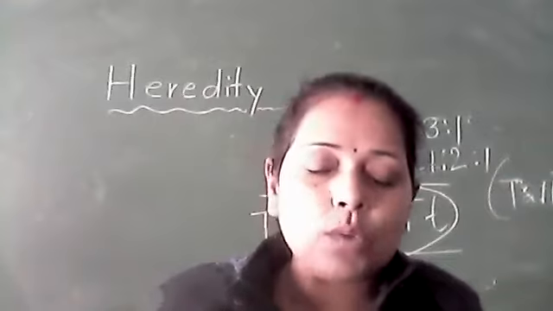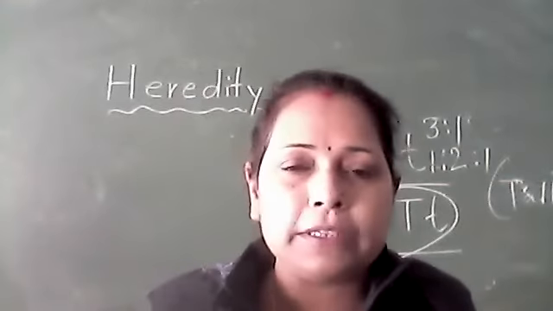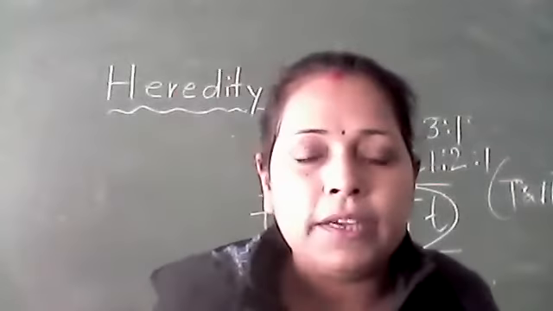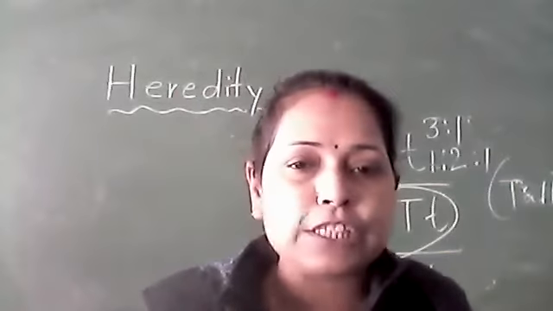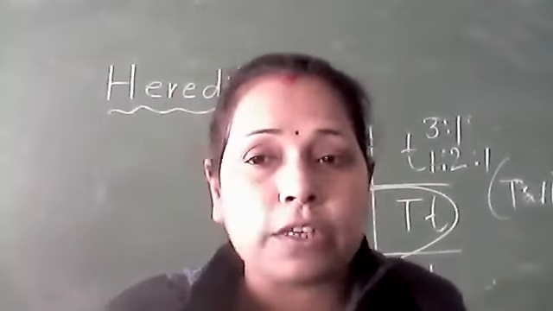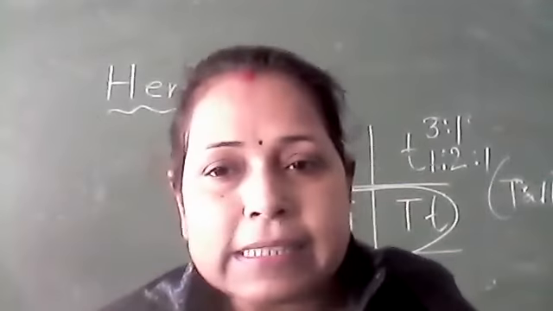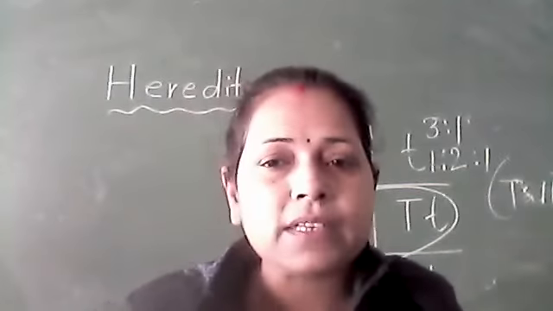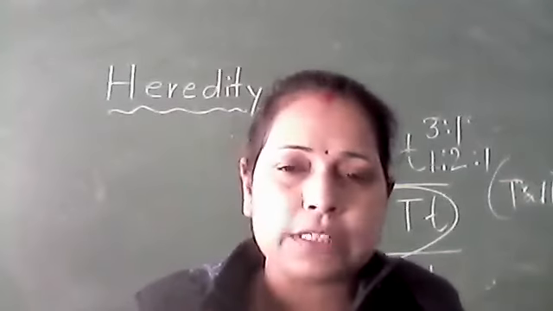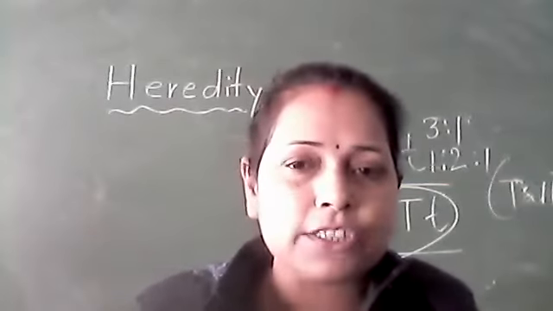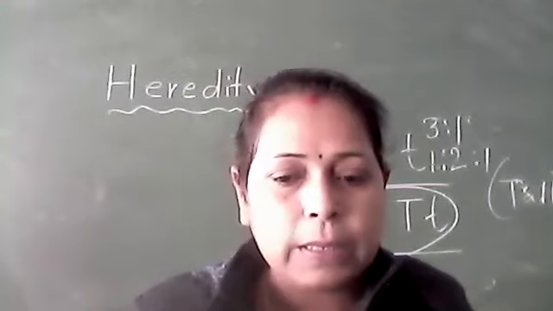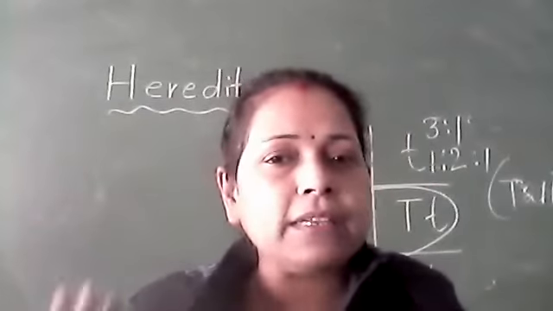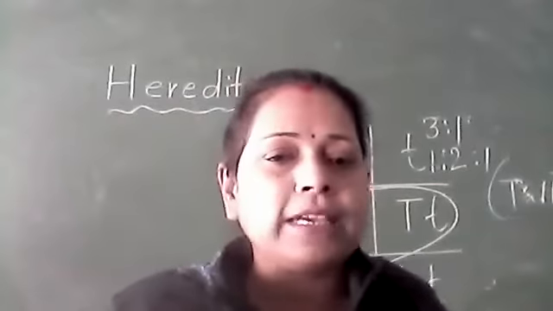But when he allowed the first generation plants to self-pollinate, in the second generation he obtained the ratio of 3:1. It means that somewhere in the first generation, the characteristic of shortness was present, but in hidden form. That is the recessive trait. It was hidden in the first generation, but in the next generation it comes out. So by this experiment we can explain his two laws.